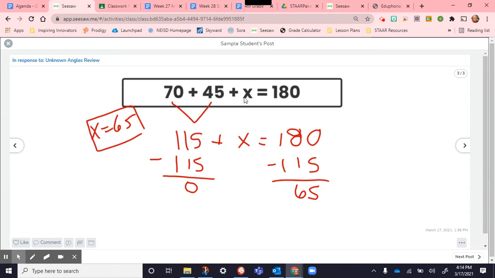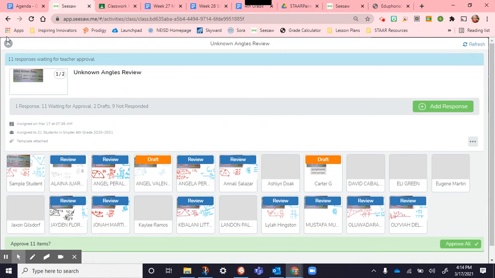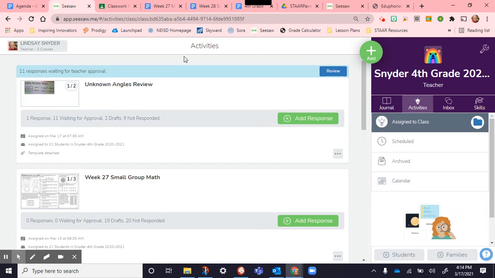So on that last problem, like I said, you would combine the parts and then subtract the 115 from 180, and that shows you what that missing piece would be. So we reviewed that. And then for reading today,